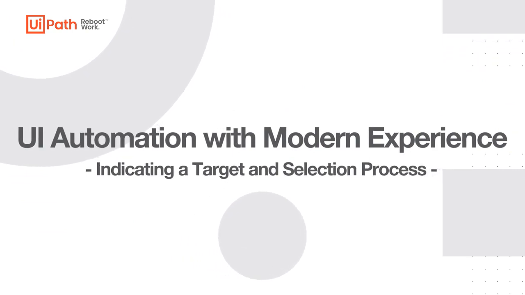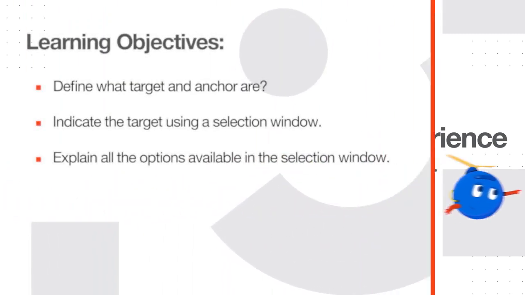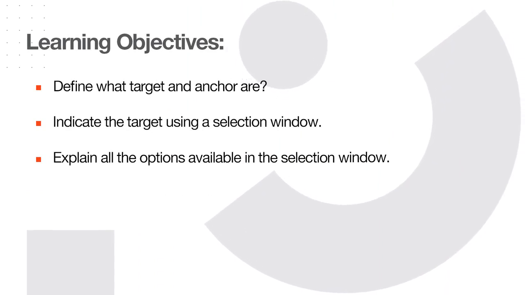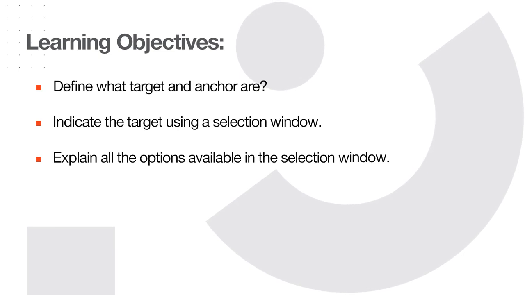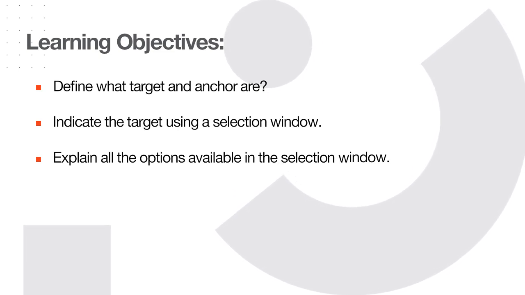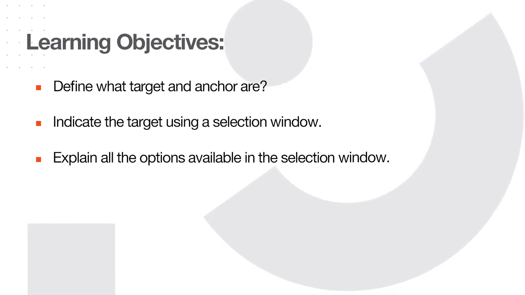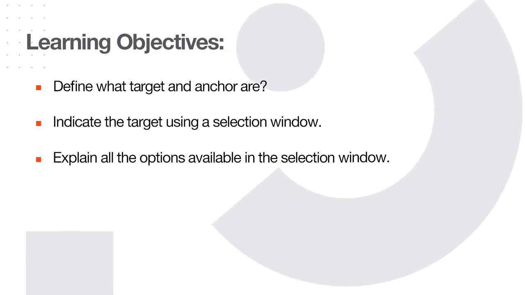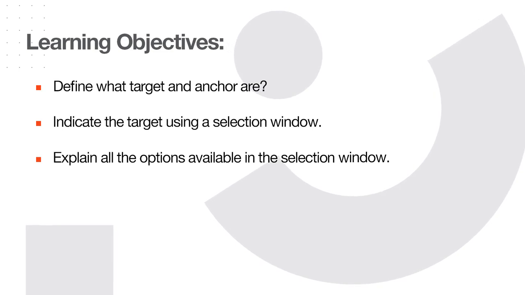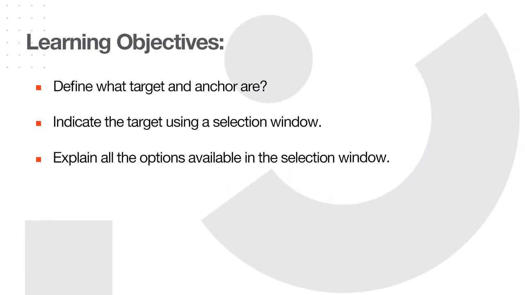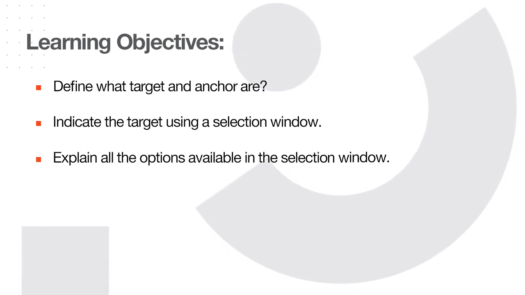Hello and welcome to this demo on indicating a target and selection process in the user interface UI automation. In this demo, first, we'll get an understanding of what target and anchor are. Second, we'll learn when to use an anchor. Then, we'll see how to indicate a target using a selection option window. And finally, we'll learn about some of the options: pause configuration, hoverable selection, and image selection mode available in the